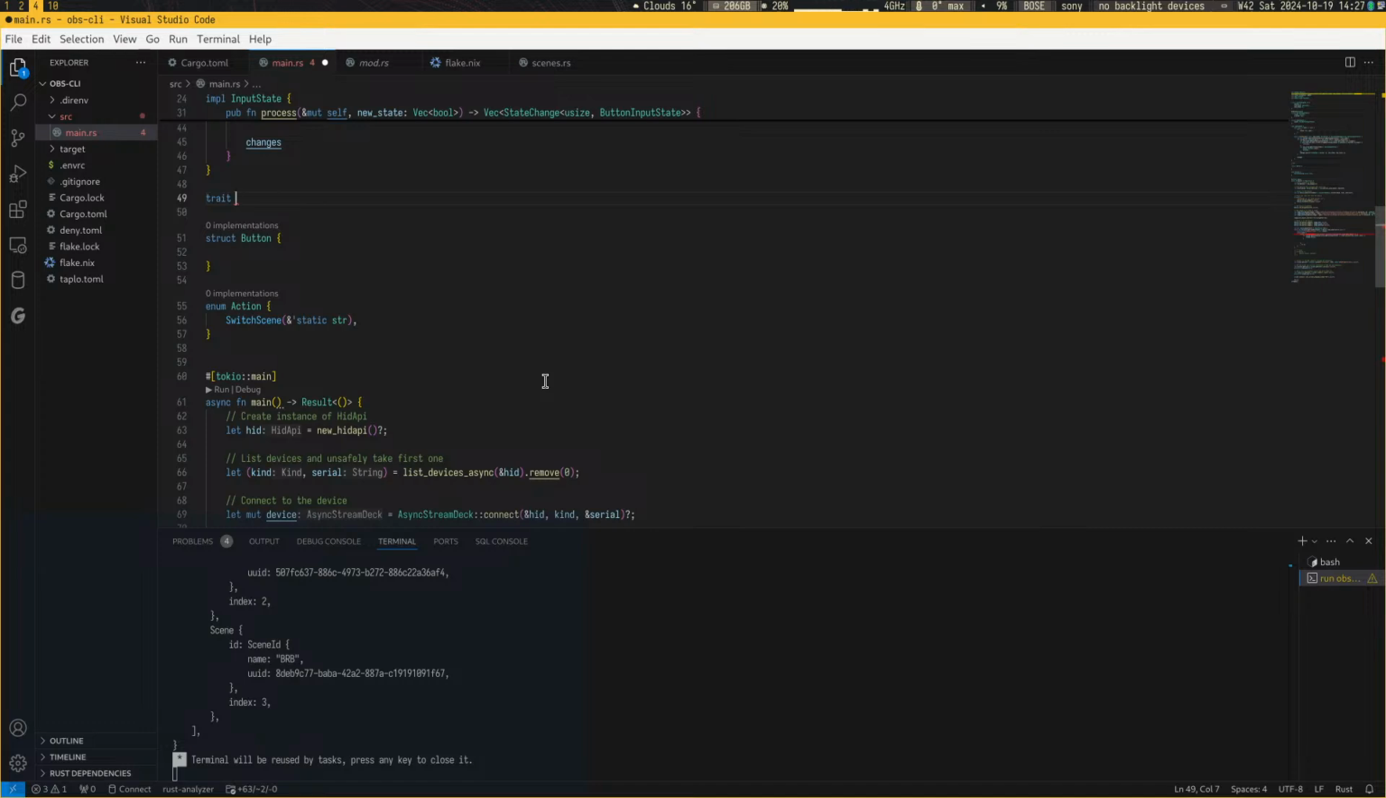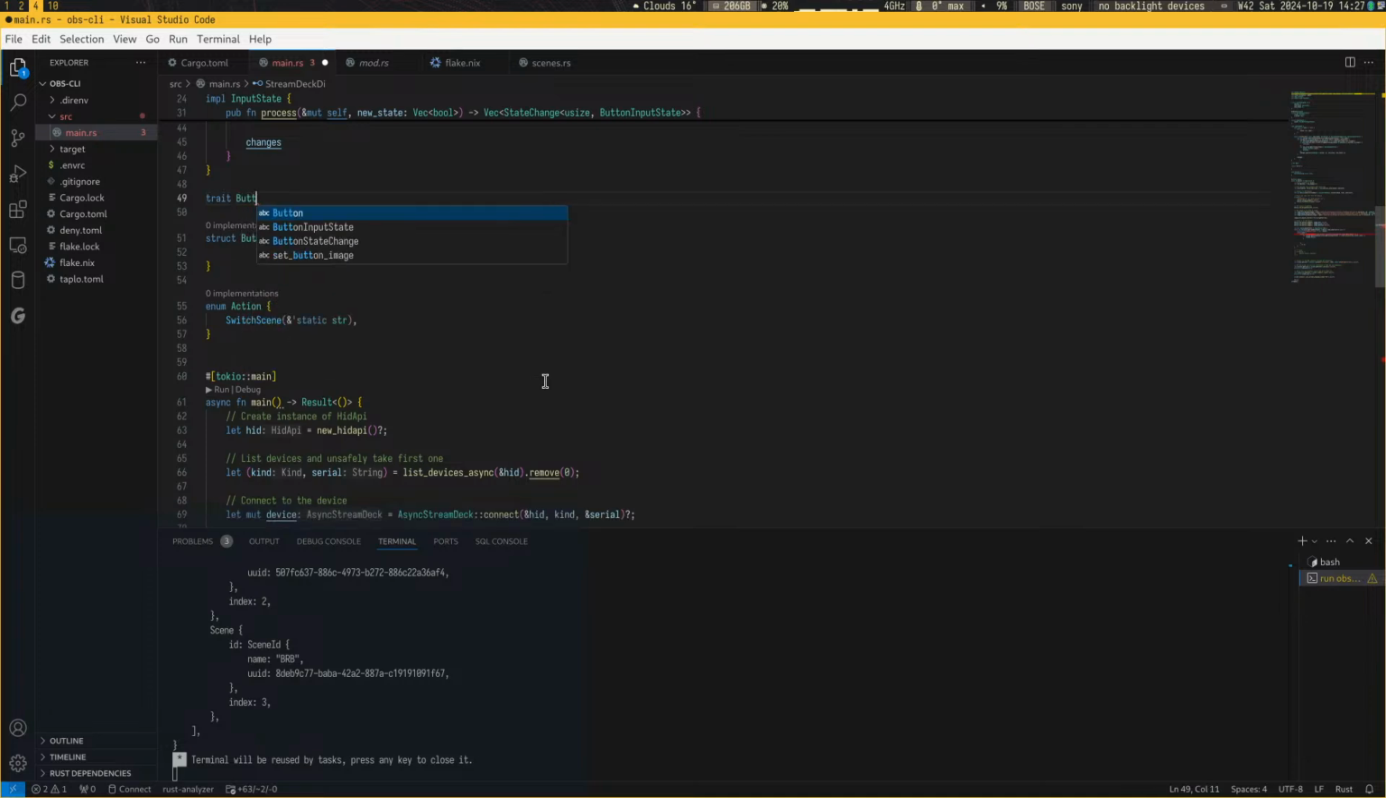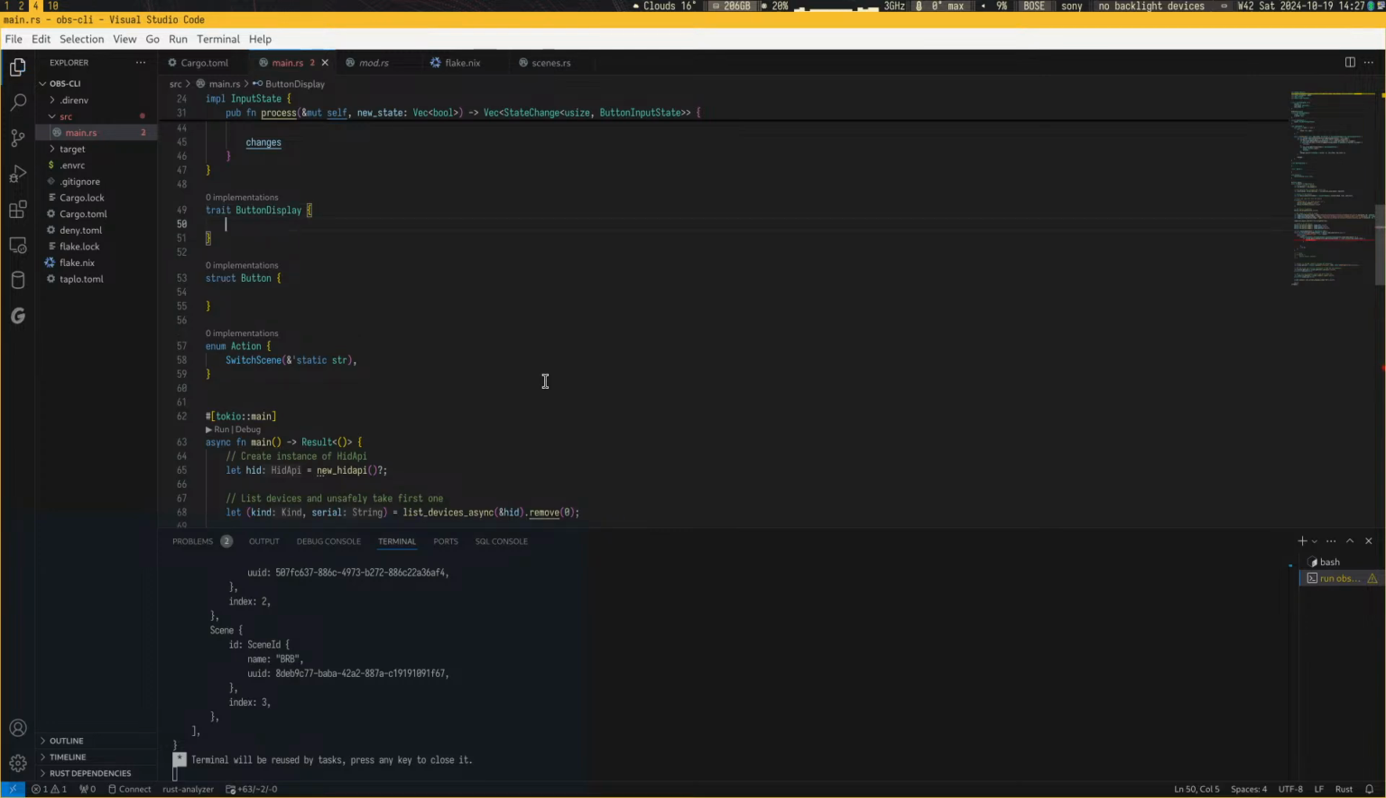Trait. I don't know how to call it. StreamDeck. Button display. Okay, on a StreamDeck, there's only a couple of options for what can have a display. There's like a touch strip and a button display, as far as I know. So okay, let's just do it like this: button display, and each button